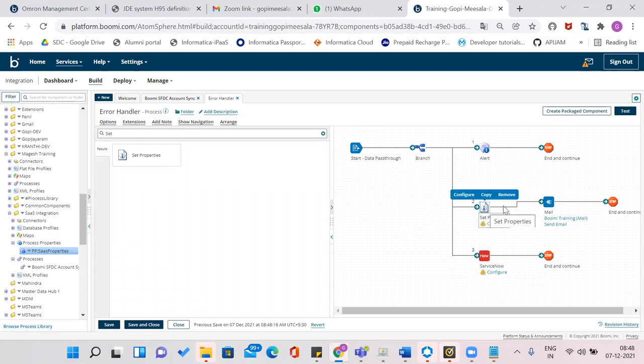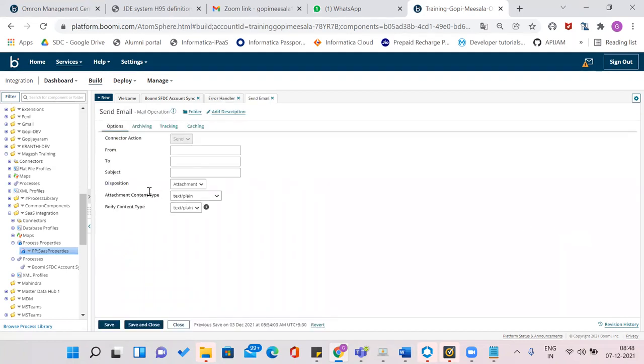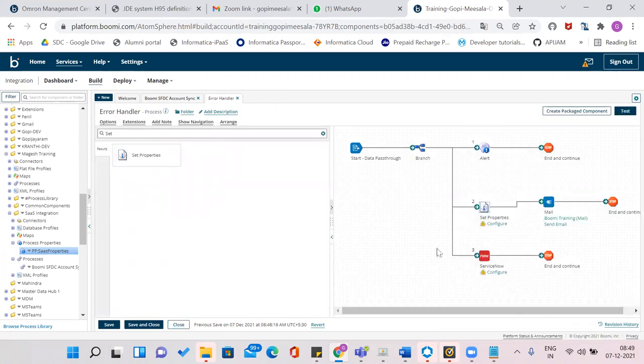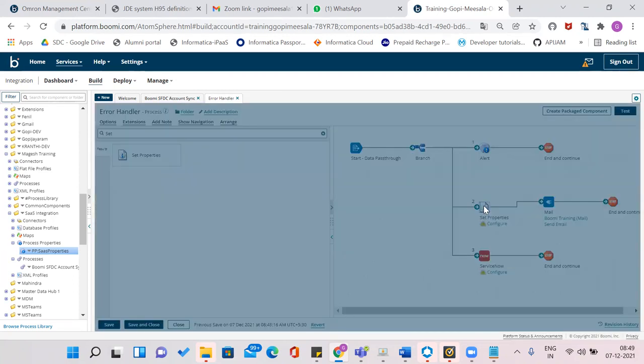Then here, we need to set the to email address and from email address to this send email, right? And the subject also, subject, to, and from we need to set. But these three we are setting into this Boomi SFDC account as a dynamic DPP. Now what I'm going to do is here in the set property shape,